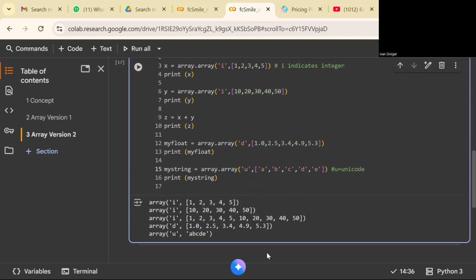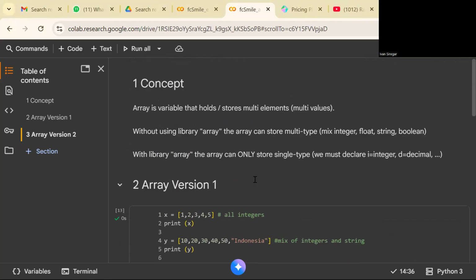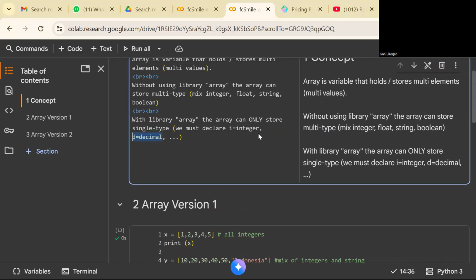Adjust the code. After this, you can update as well, and here you use U for Unicode. Update.